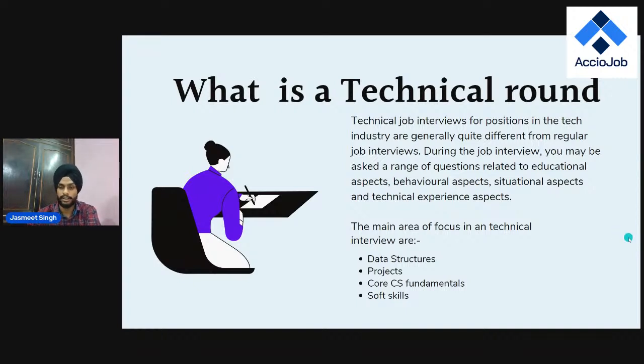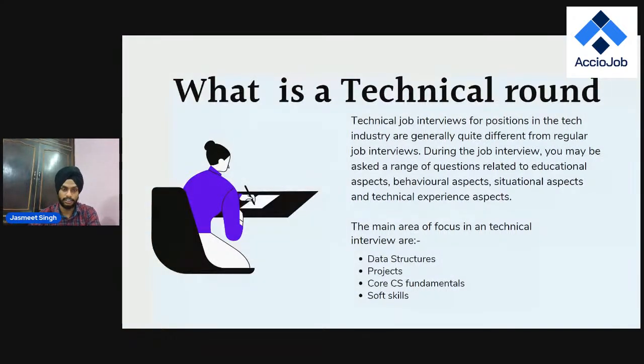Let's first understand what a technical interview or technical round is. Whenever we apply for a technical job in any organization, we have to sit through a technical interview. It consists of several rounds. These rounds are focused on checking various aspects: behavioral, situational, and technical expertise. There are four main fundamental things that each technical interview consists of, that one must learn for sure. The first, and most important, is data structures.